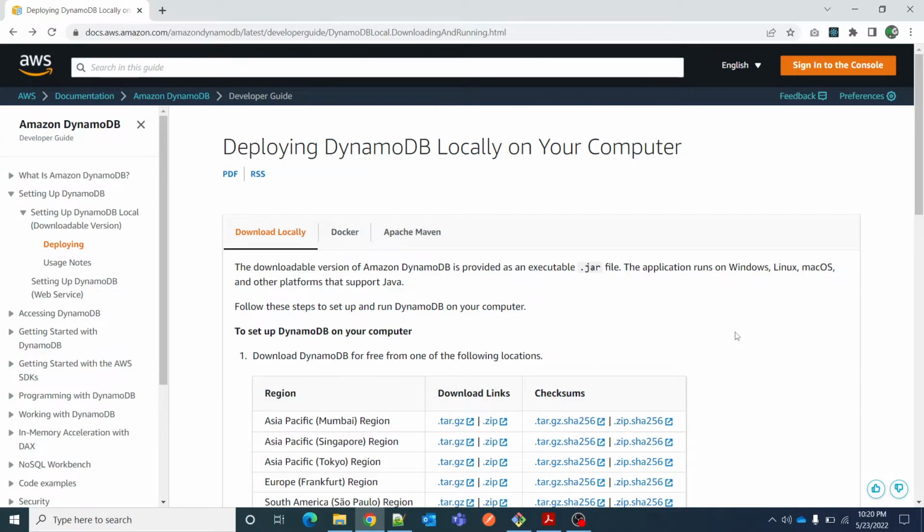Have you ever wondered that DynamoDB can be installed on your local machine, whether it is a desktop or laptop? To be honest, I was not aware of that a couple of years back, until I found that yes, DynamoDB can be installed locally and I need not connect to the AWS console every time to test anything on my